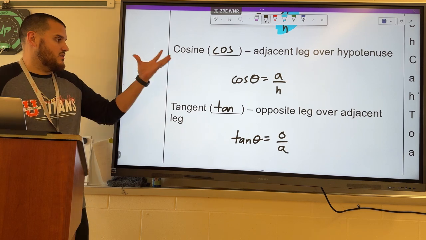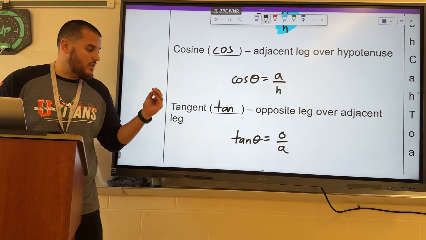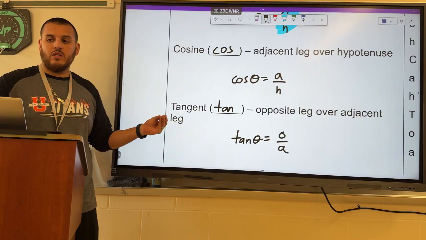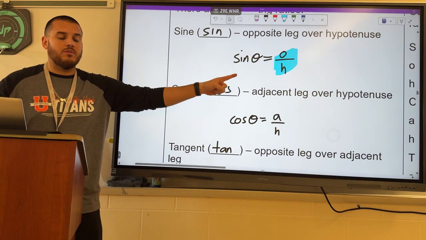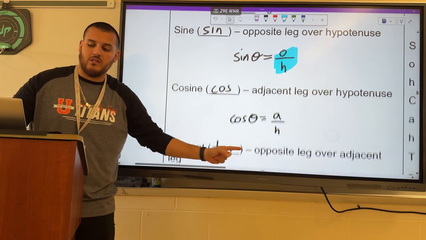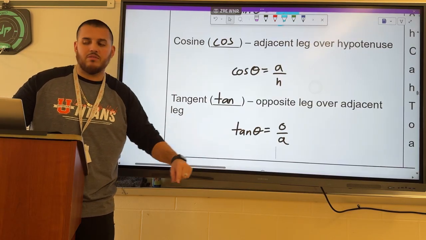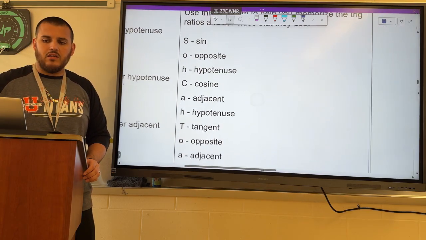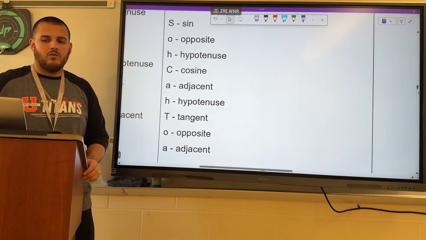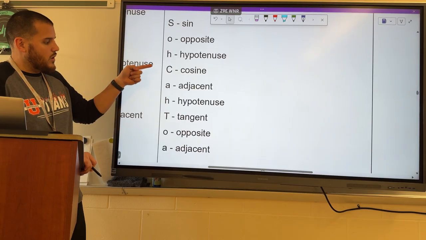Now, you may think this is some weird new terms that we're learning here, but this is important. We need to memorize them. We need to memorize which ratio goes with which name. Sine is opposite over hypotenuse, cosine is adjacent over hypotenuse, tangent is opposite over adjacent. There's this acronym that is commonly used in geometry that can help you. We would pronounce this SOHCAHTOA,